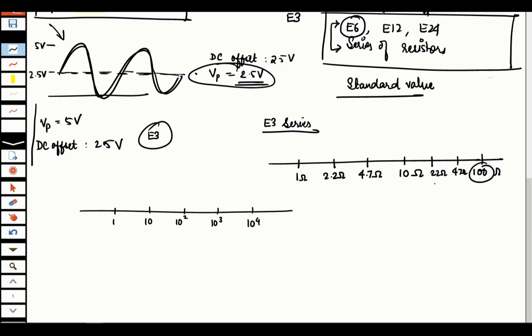The next values will be 220 ohm, 470 ohm, and then directly 1K. Then 2.2K, 4.7K, and the next value will be 10K. This is how my E3 series of resistors would be defined.